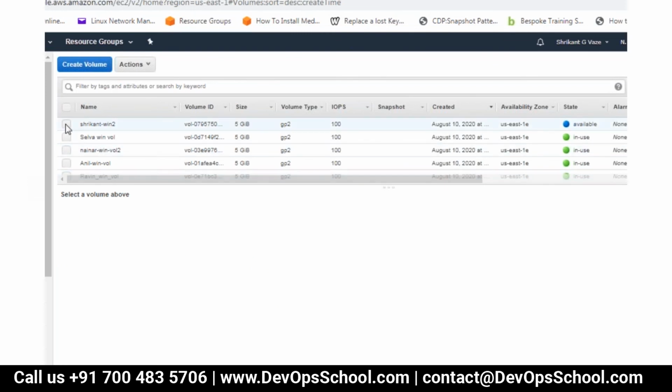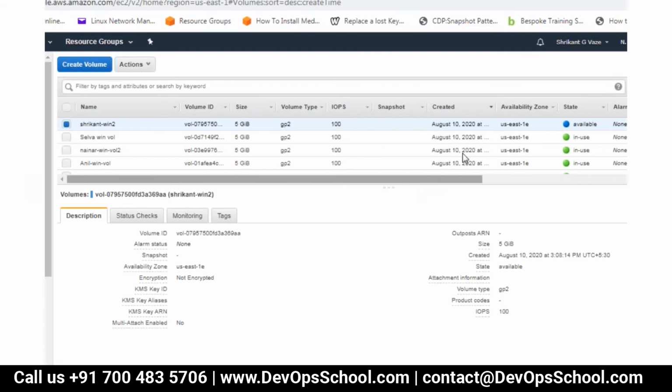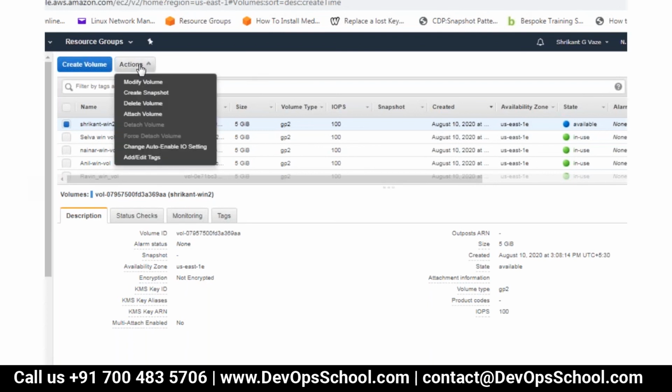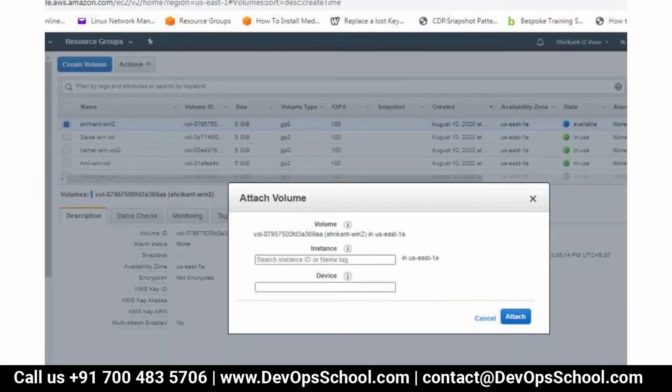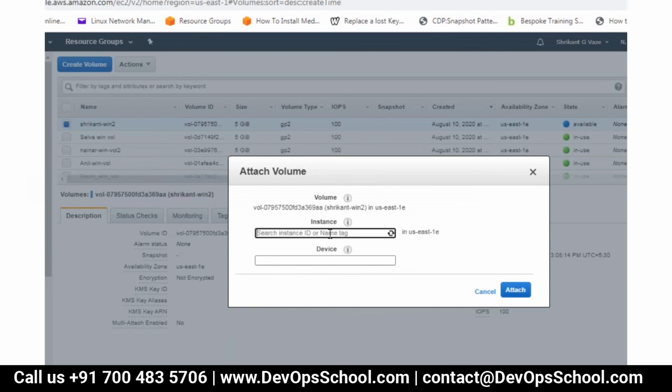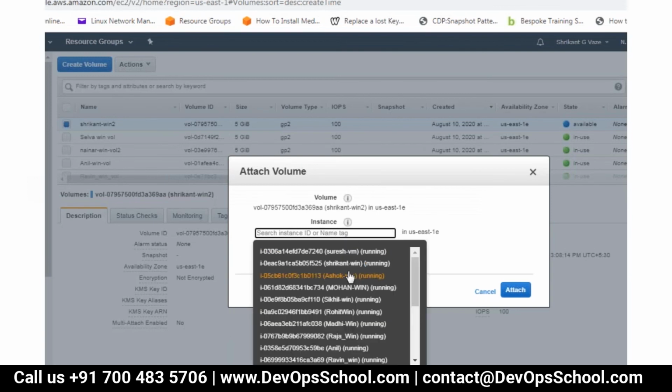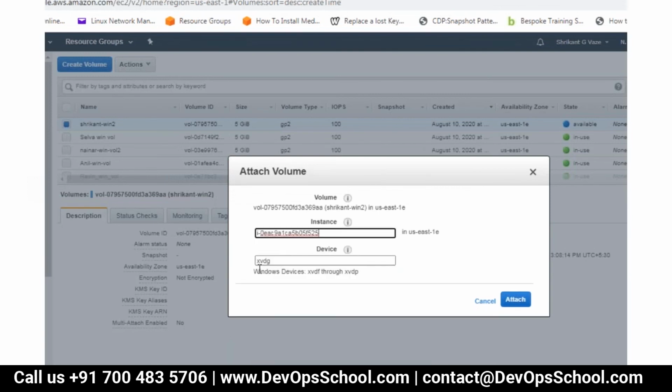So Win2, if I select it, then I say attach, and when I do this, it gives me this device name, xvdg. First was xvdf. This is the second device, so it is giving me the name xvdg.